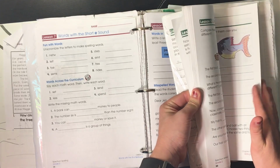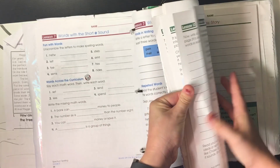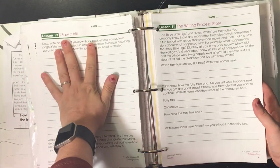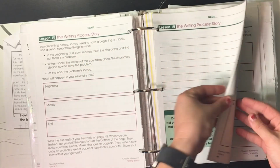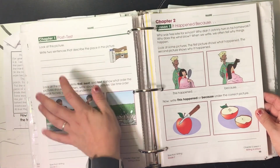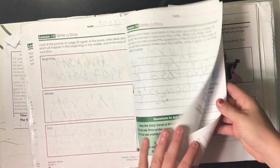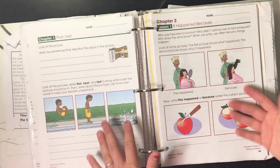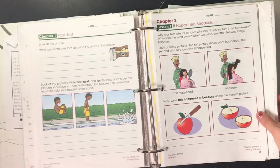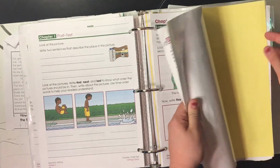And then for his writing, he does Monday, Tuesday, Wednesday, Thursday, and then Friday he'll take the post test on that, and it's about teaching like how to write a story and put things in order. And then in his math,